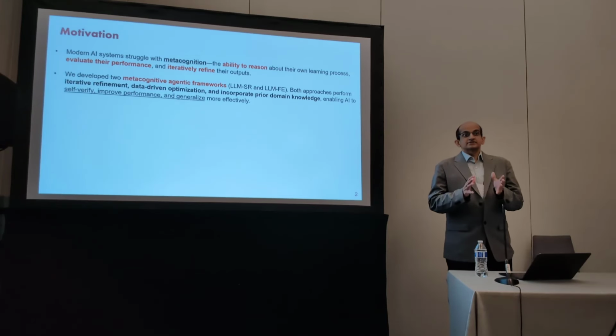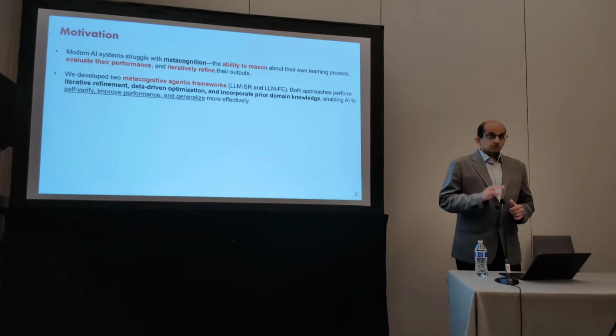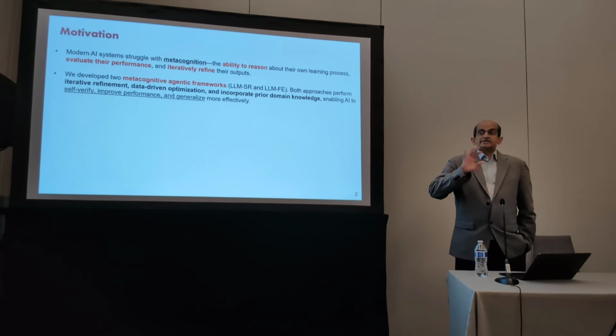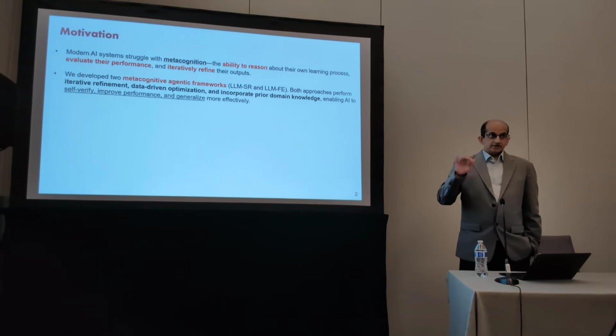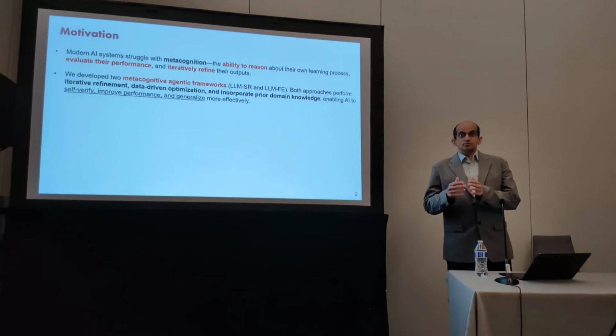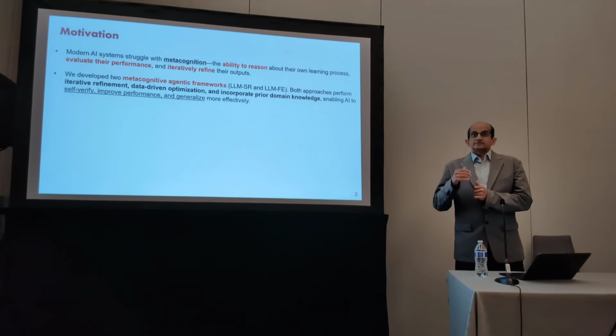Most of you know AI systems struggle with metacognition, right? So their ability to reason, iteratively refine, and evaluate their performance, all of them, these large language models struggle with to a certain extent, right? So what I'm going to show today are two metacognitive agentic AI frameworks, LLM-SR and LLM-FE, that can incorporate prior domain knowledge about the specific domain that they are working in, iteratively refine the performance of these models, and see what mistakes they made and actively look for a better solution